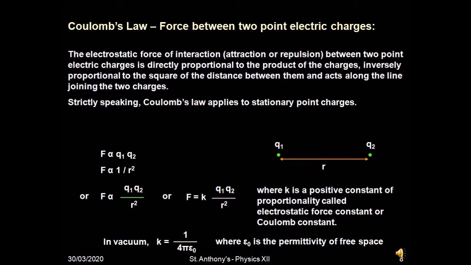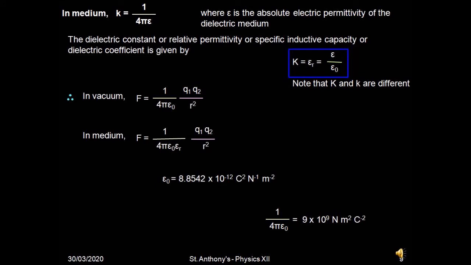This epsilon term is new, introduced. We pronounce it as epsilon and its meaning is permittivity. So if 0 is written with epsilon, then it is permittivity of free space or vacuum or no medium or air. And in case the medium is other than vacuum or air or free space, then the value of K is 1/4 pi epsilon. That means we don't have to put 0 here. So this epsilon is called now absolute permittivity of medium.